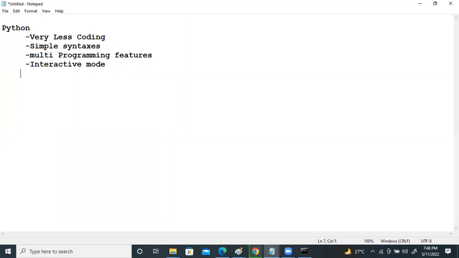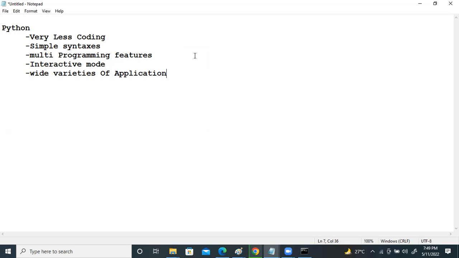Wide varieties of applications can be developed by using Python, right? Today, Python is used for different applications like automation applications, web applications, animation applications, gaming applications, embedded applications, networking applications, desktop applications.